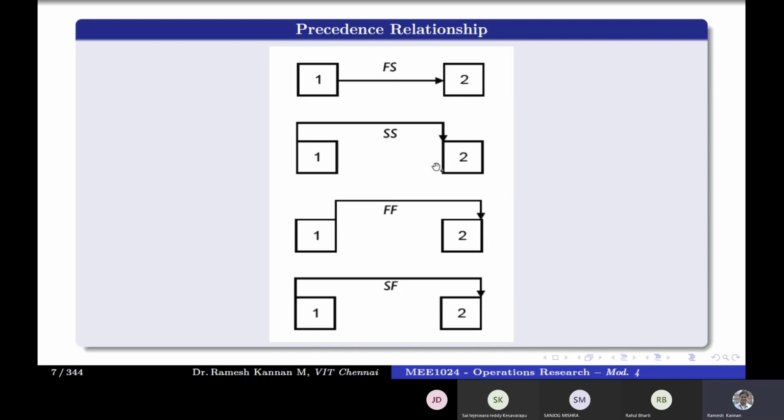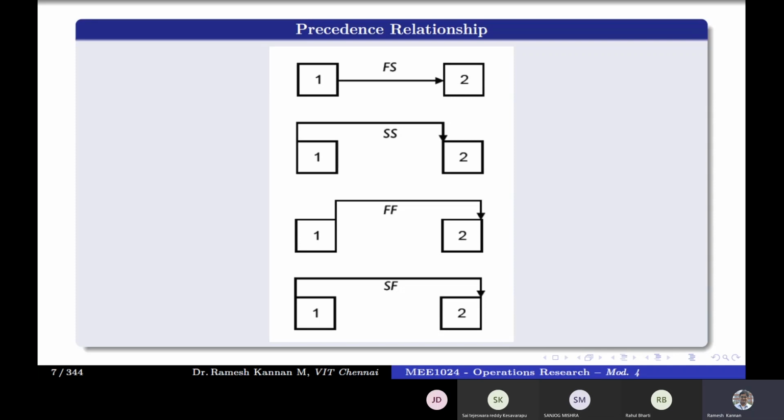One example I can give for the start to start relationship in construction is when they construct the wall, they can also do the flooring, cement concrete flooring or marble tile. That can start parallelly. That is start to start. Finish to start is, unless they finish the column, they cannot do the slab, because the slab rests on the columns. Or for example, without doing the ground story, they cannot do the first.